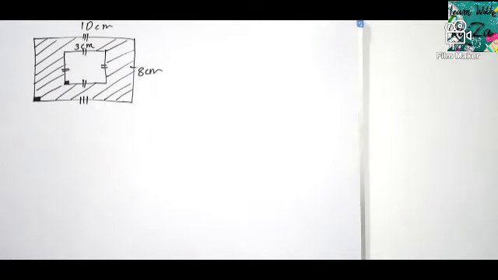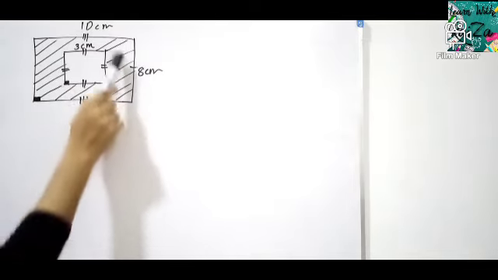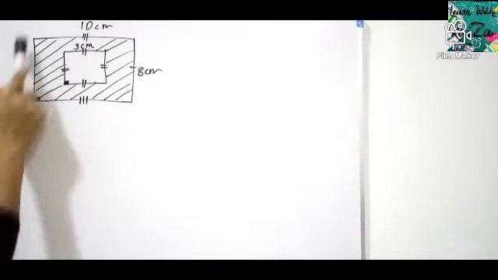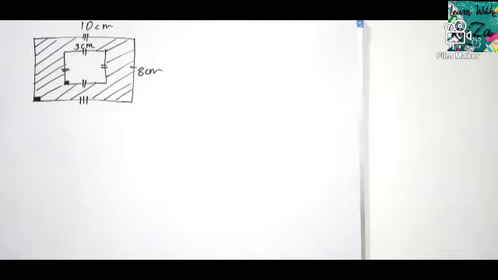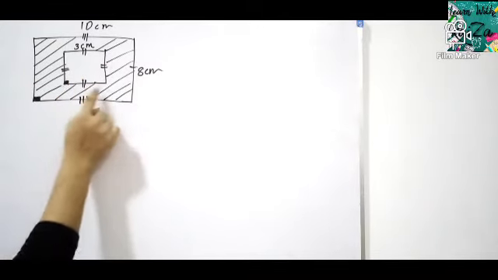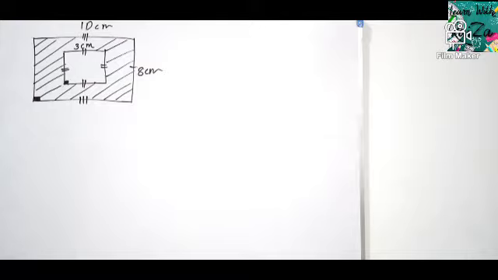Okay children, now see, this is another different type of figure. Here I am asking you to find the area of the shaded region. Find the area of the shaded region. This is also a kind of composite figure because a rectangle is there, a square is there. But in this case, we don't divide it separately, like finding this area then this area and add them. No, not adding, because we have asked to find area of the shaded portion only.